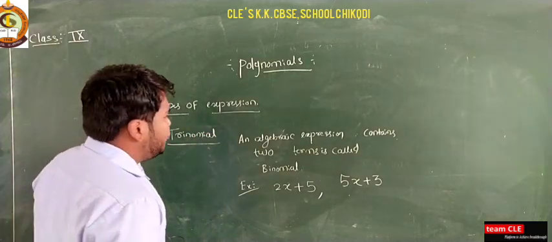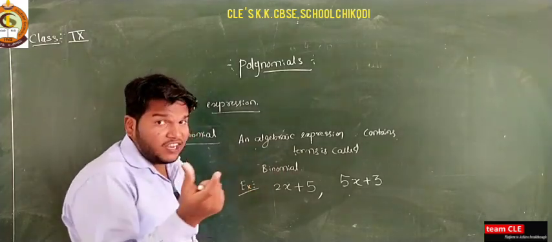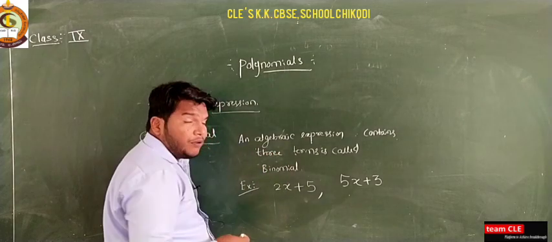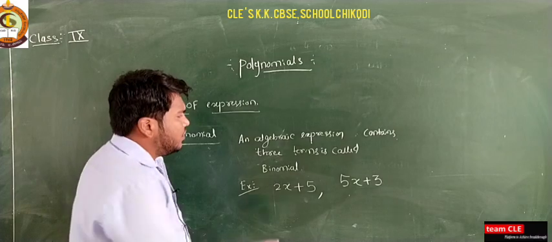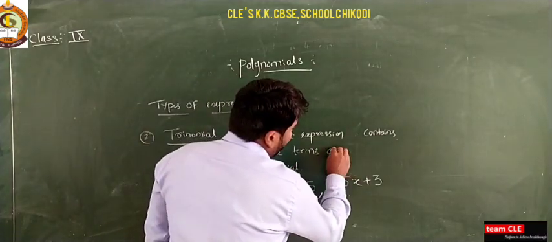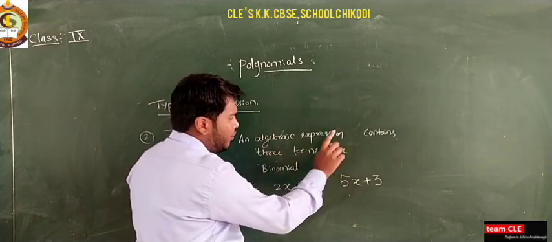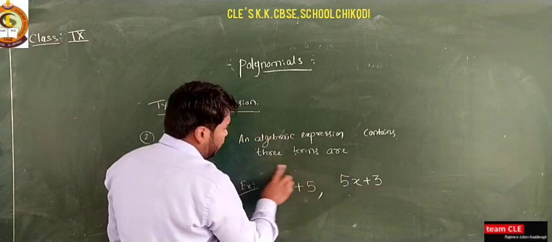An algebraic expression containing three terms. Instead of two, you have to write tri. The word tri says three, so you should write the three terms. An algebraic expression containing only three terms is called a trinomial; the same way as in the binomial, an algebraic expression containing only two terms is called a binomial. Algebraic expression containing three terms are called trinomial. So you have to write this as